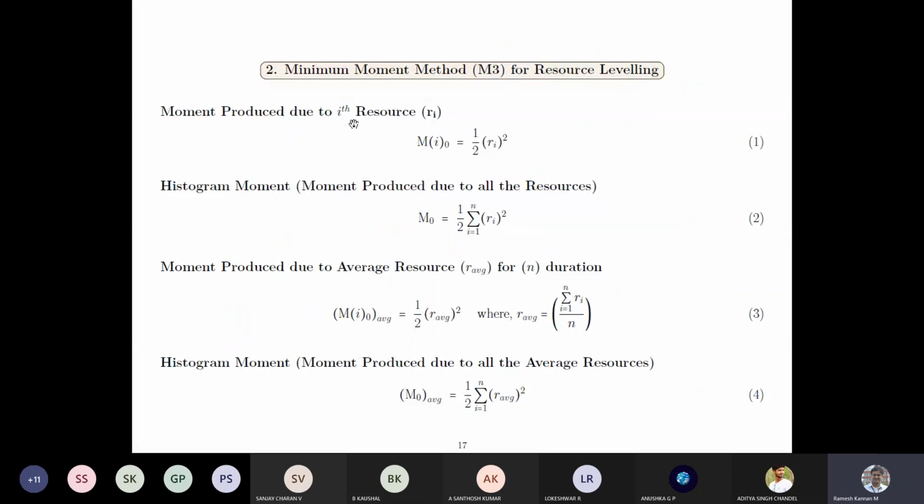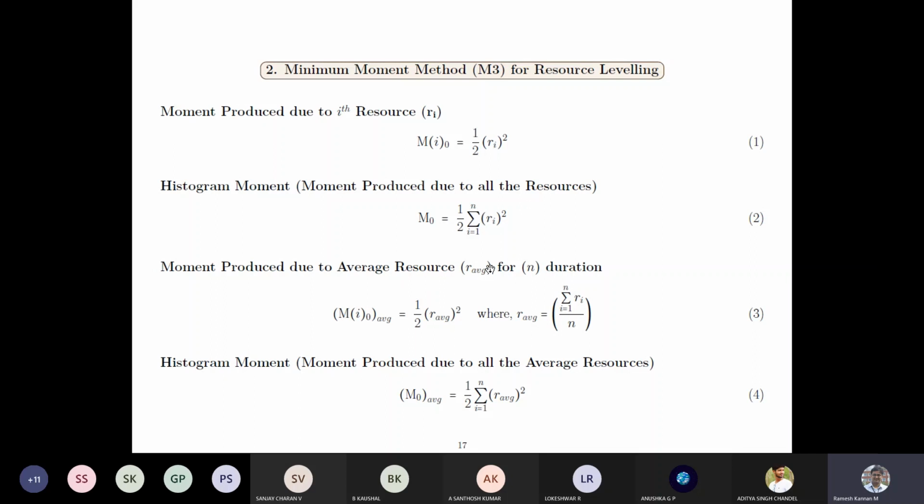The moment produced for the ith resource is half into ri squared, which means the square of that resource multiplied by 0.5, or 1 by 2. And the histogram moment is the sum of all the squares of the resources multiplied by 1 by 2. Then we'll take a look at the average moment produced.